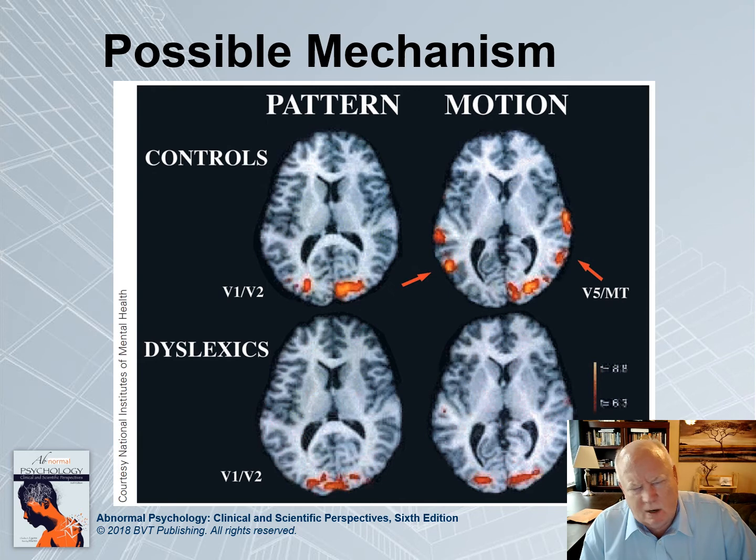Now, what difference does that make? Think about how you read. You read by moving your eyes across the page. Actually, you move your eyes in jerks, and the reason you do that is your eyes don't process information very well unless they're momentarily stopped. So when your eyes are moving, everything's a bit of a blur.